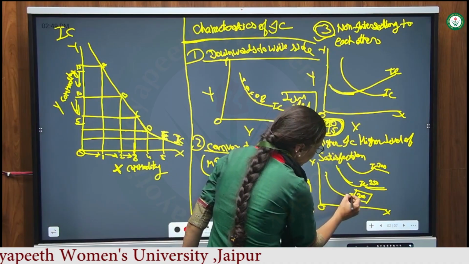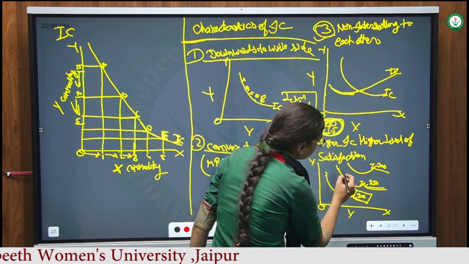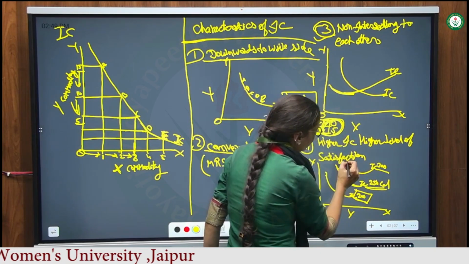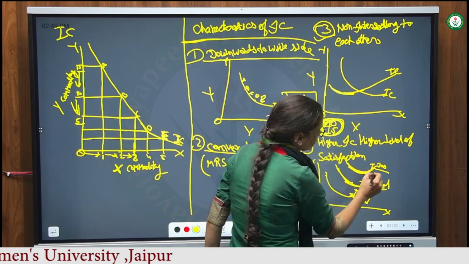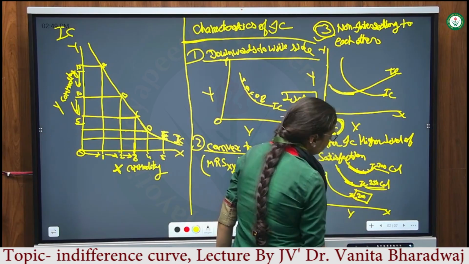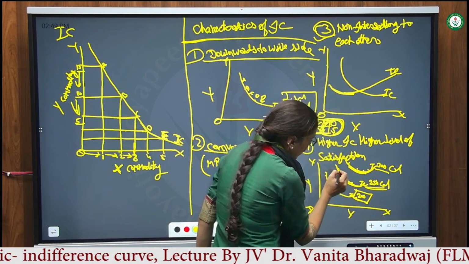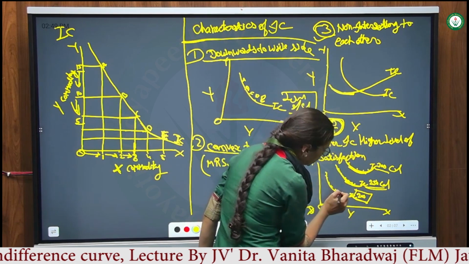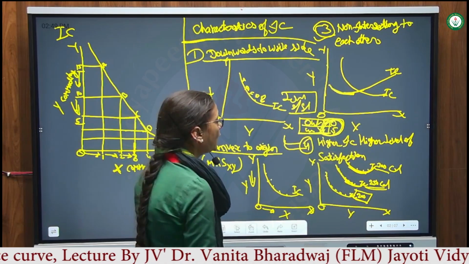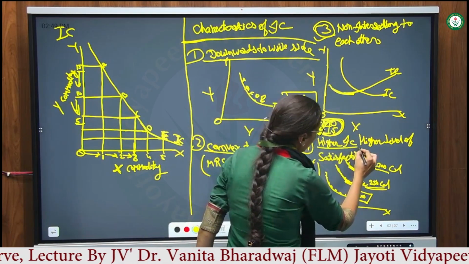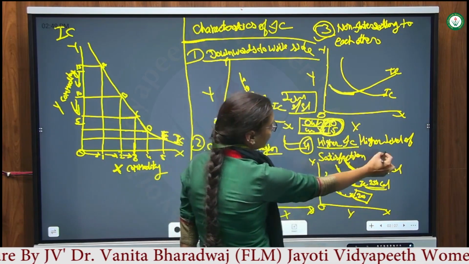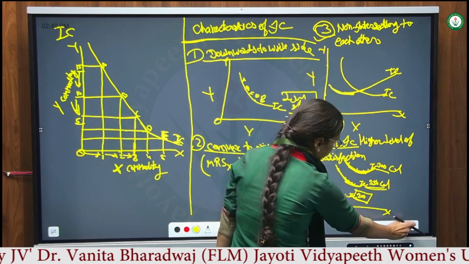The left side indifference curve, the first IC curve, is giving 200 calories. Moving right, the next indifference curve is giving 250 calories, and the one further right is giving 300 calories because it has more combinations of units and more sources. The lower curves have fewer units and give less satisfaction to the consumer. That's why we can say the higher indifference curve, on the right side of the diagram, gives the higher level of satisfaction.